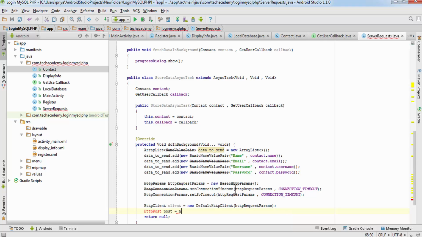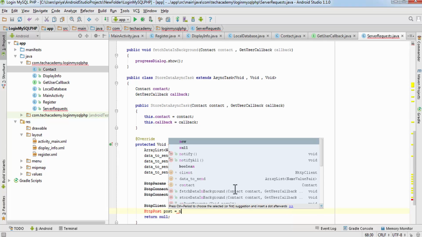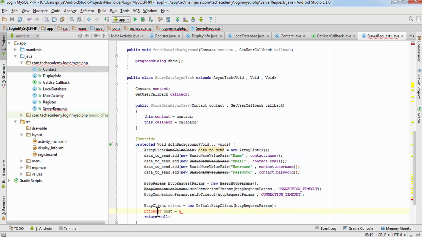equals, here again we need to import this class, so hit Alt enter, new HTTP post, and it will take the server address. So write server address plus register.php.